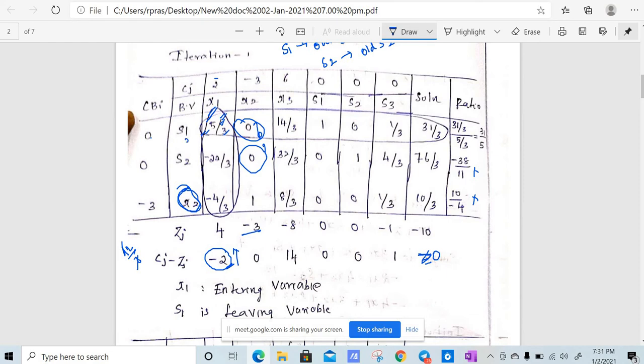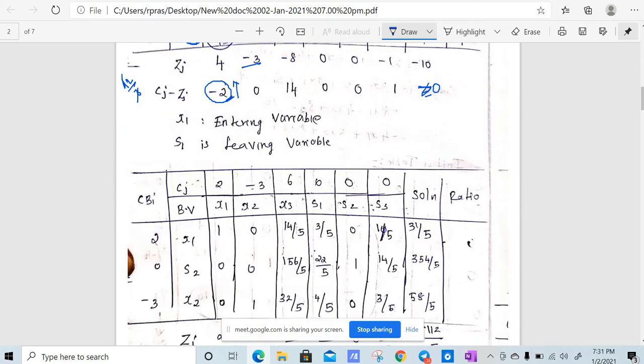So this will be x1 now. So what is the coefficient for x1? This turns out to be 5 now, in the next iteration. And you need to multiply this entire row by 3 by 5 so that it will be 1, 0. If you multiply this row by 3 by 5, 3 will get cancelled. So we have 14 by 5, and this will be 3 by 5, 0. 1 by 3 into 3 by 5 will be 1 by 5. And 31 by 3 into 3 by 5 will be 5. 3 will get cancelled, so we have 31 by 5. So we will have this row, right?